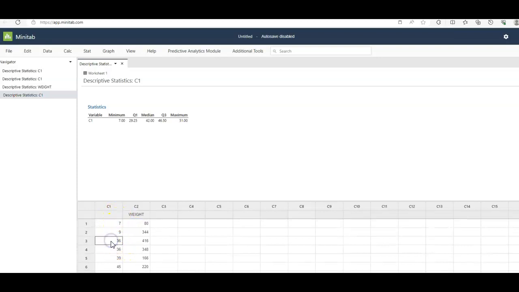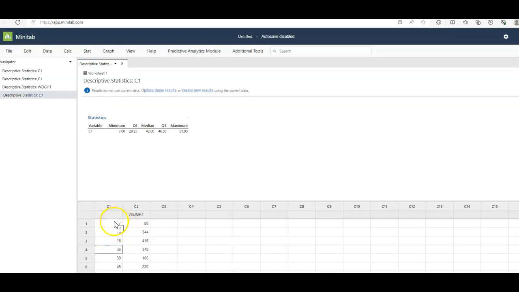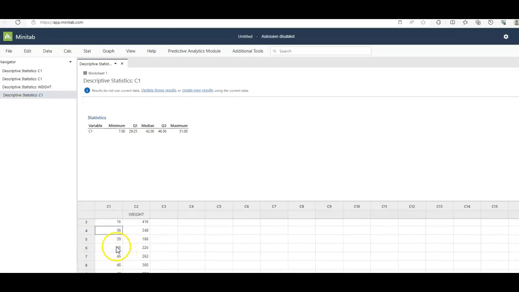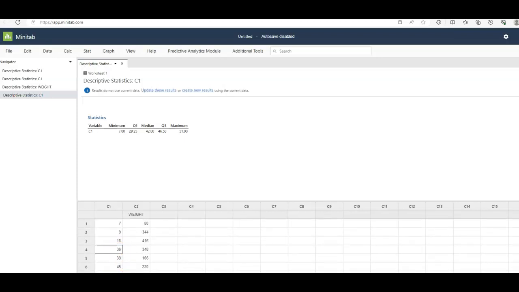Actually, let me just go back to the original data set. Let me type in 16 here. So we had 7, 9, 16, 36, 39. So there's our first 5 entries. And then we had 45, 45, 46, 48, and 51. So with Triola,